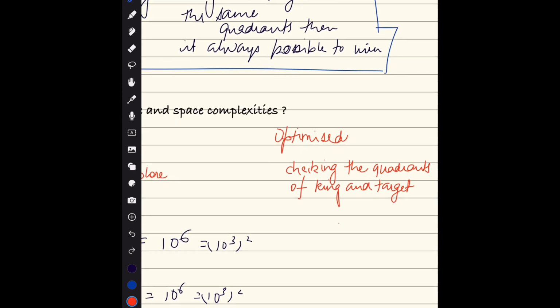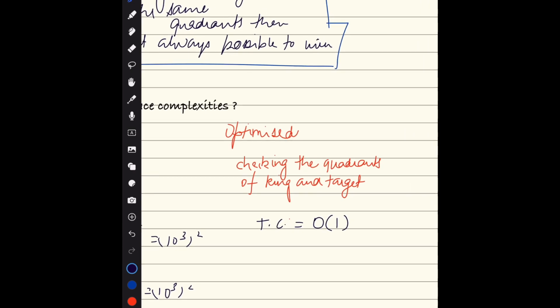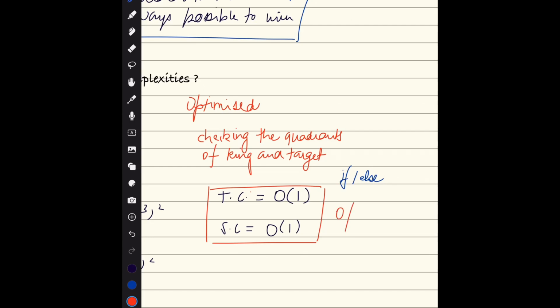So then you're getting the time complexity in this particular case as order of 1, because you would need to do simply an if else, nothing else. And similarly, you don't need to store them anywhere, or even if you're storing them, you would get a time complexity of order of 1 over here. So this is how you will be able to reduce it to optimized. And this is your optimized approach,